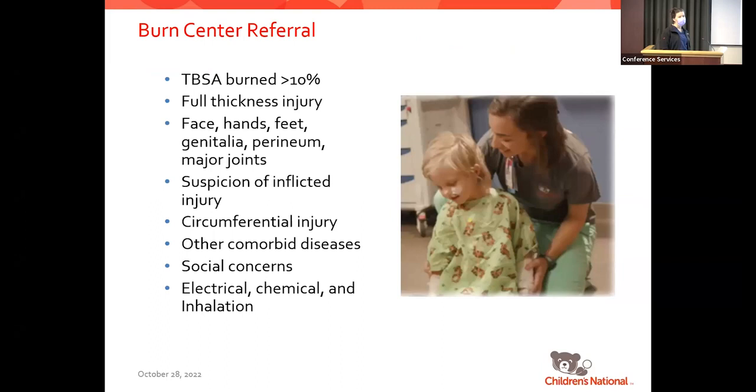Who comes to Children's for a burn? Do we see every pediatric burn? No, but we do see a lot. So this is a list of referral criteria. One of the things that directs a lot to Children's versus an adult provider or an adult institution is that one of the criteria is a pediatric burn. So whereas an adult hospital may feel more comfortable with it, a lot of outside hospitals refer